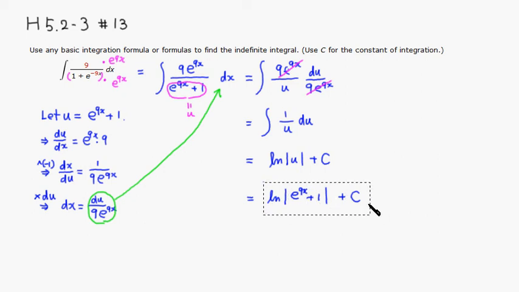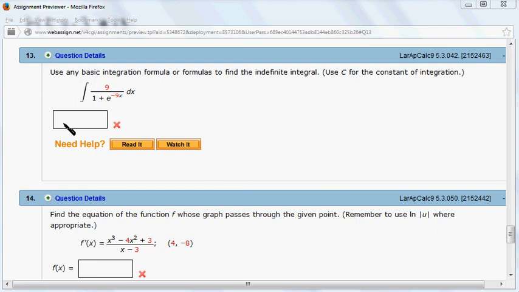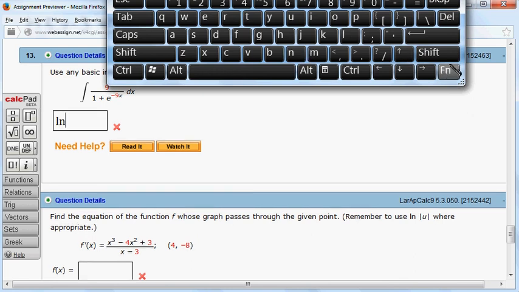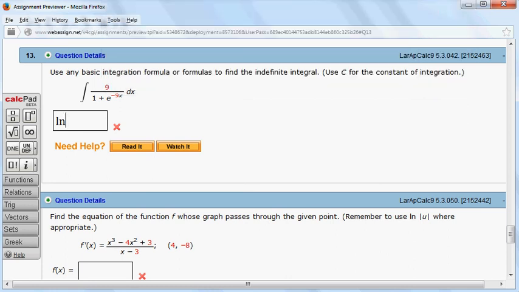Sorry, it takes a little longer, so it's a little slow. All right, so let's type this in. The answer we found was a natural log. So we put ln, then absolute value, and I don't see it on here, so I'm going to just hold absolute value of e to the, let's see, exponential function, e to the,